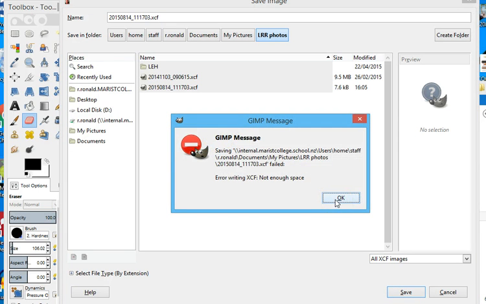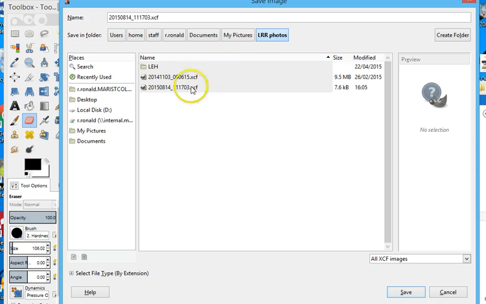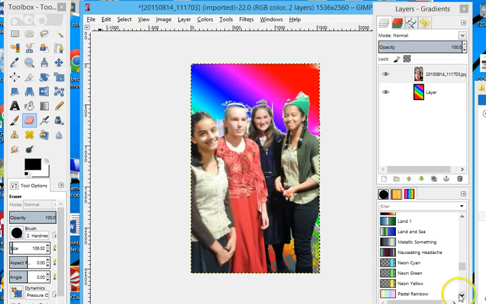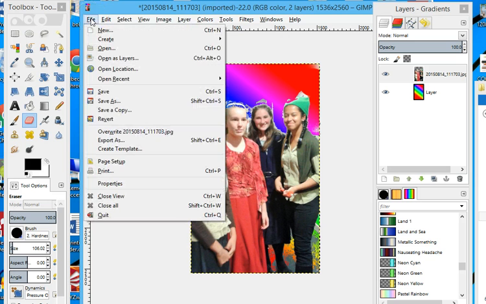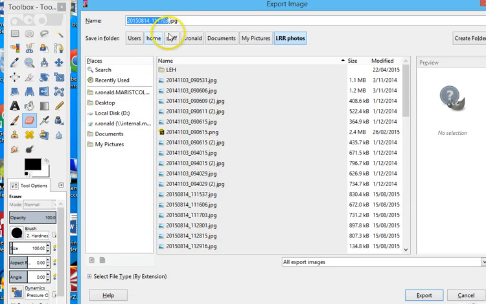And my computer's misbehaving, so I can't actually save anything today, but I'll go through the motions. But the way you need to save it so that you can email it to me is you need to export it. You need to export it as a proper photo image file. So you go export as, and then up here mine's got JPG. That will work, and also PNG will work. Either one is fine. And then you go export. Oh, you've got to make sure you rename it. It would really help if you put your name in it as well. So say I was handing this into my teacher, I'd go Miss Ronald Rainbow Background. I'd type that to be the name,